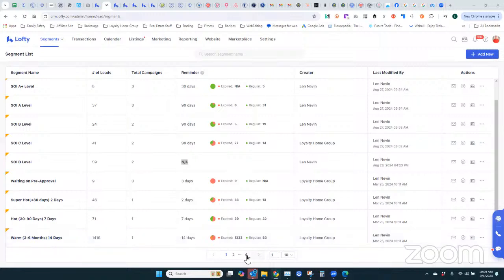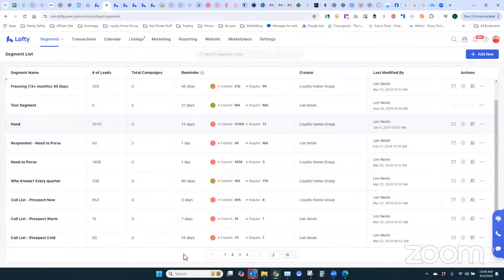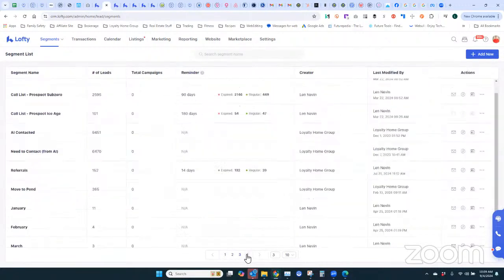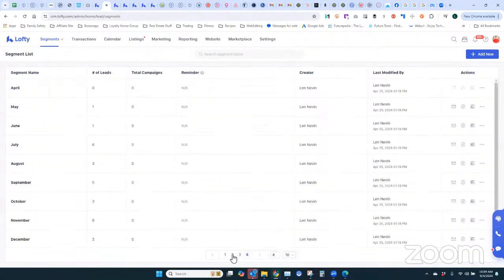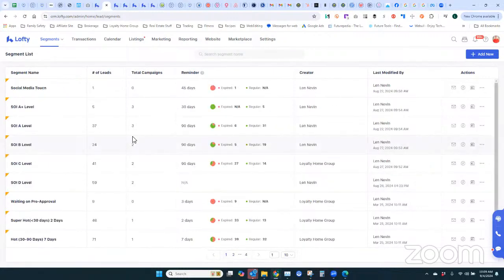That goes in there. Now I've got a lot of different segments, and I clean it up and play with it, but as you look, I've got segment after segment after segment. And so what I did to kind of clean this up was I went in here and I pinned the ones that I use most often. So you're able to go in here, and this says unpinned, but